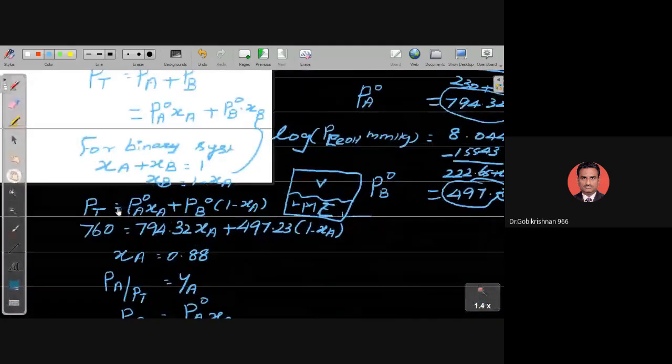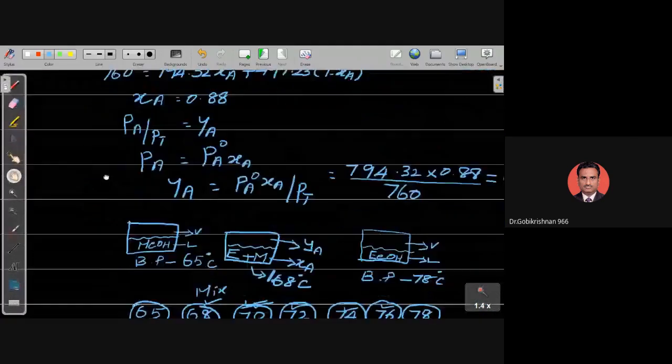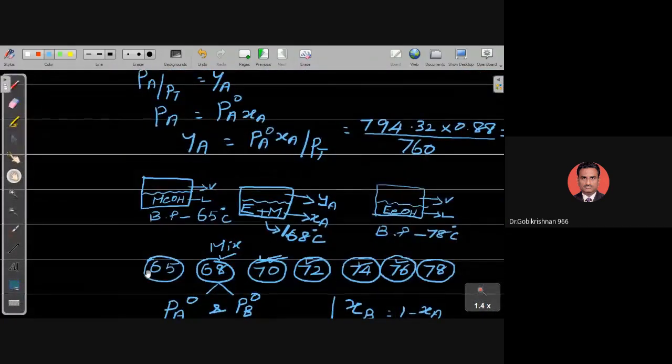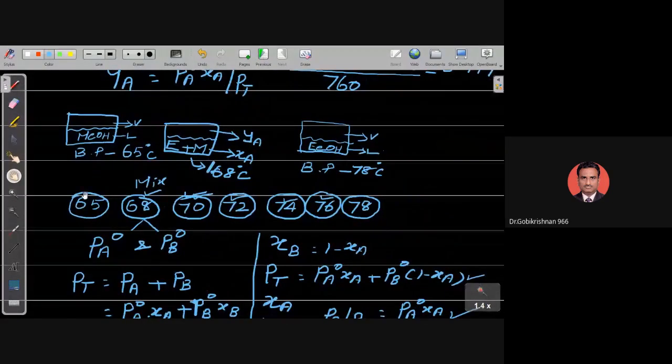I have some different temperatures selected: 68, 70, 72, 74, 76, like that. Then for each and every temperature, I have to find out the vapor pressure using the same expression. In the expression, the temperature term is on the right-hand side, and at that point you have to use the